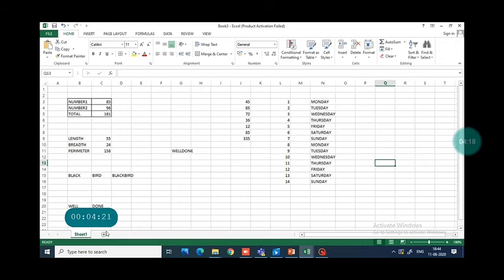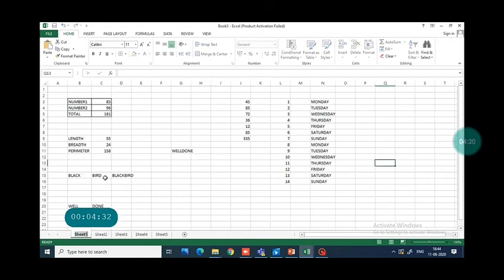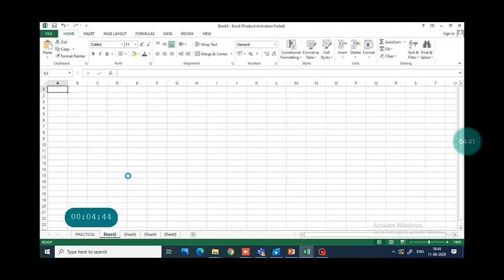Now I will show you how to insert a sheet in a workbook. Just click on that plus tab. Now you can easily rename your sheet. It is convenient to identify which sheet contains what data. In this way we can easily just right click on that sheet tab and write down the name. In the same way we can delete an unwanted sheet. Again right click and press the delete button.